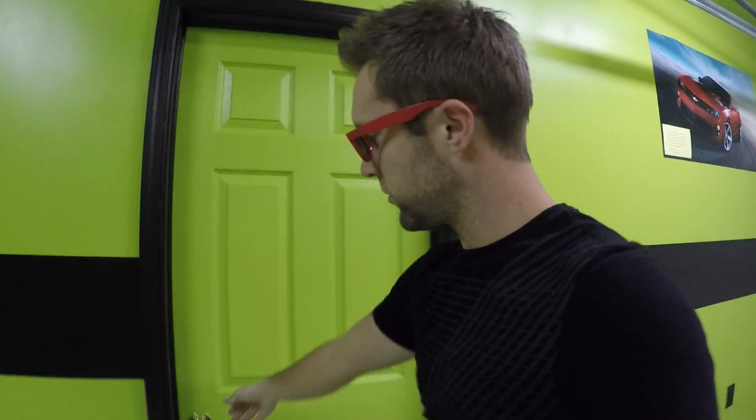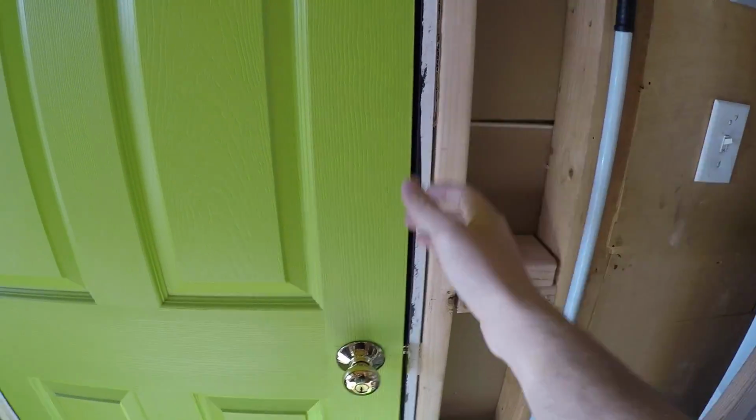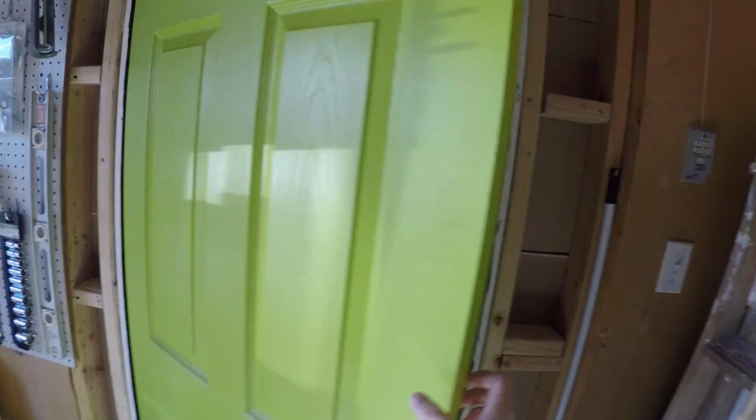Now, the reason there's a wall here is because I'm led to believe this is a load-bearing wall, so I didn't want to rip it out, obviously, because I don't want the ceiling to come down. But what I did was I ended up putting a door here. I finished the doorway, basically. If you look here, you can see right here was the big opening originally. So we basically just put these right here and made a doorway,